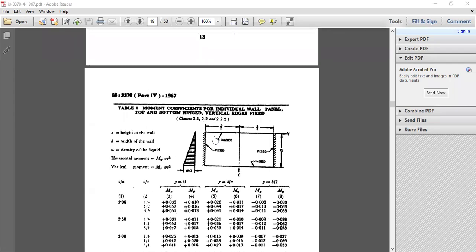ठीक है. So in this basically we will have to find out two moments. ठीक है. तो इसमें we will find out the horizontal moment also and the vertical moment. ठीक है. So we will design for both the walls, that is long wall and short wall. So long wall में we will design for horizontal moment, and then for short wall also we will design for the horizontal as well as the vertical moment. Okay, so just give me a moment, I will share my screen.